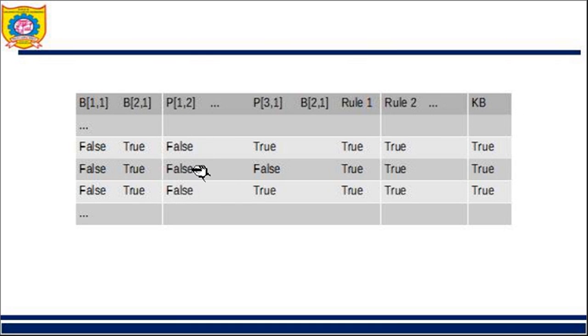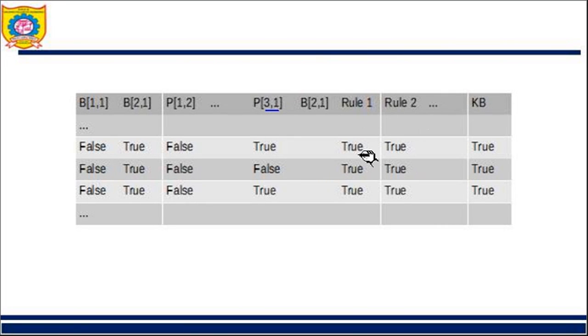So I can conclude that there is no pit in 1 2. Looking at this, I can conclude that there is no pit in 1 2. But talking about the position 3 1, here I have true, then false, then true. So using these 3 lines I cannot conclude whether there is a pit in 3 1 or not. I cannot say that there is a pit in 3 1, I cannot say that there is no pit in 3 1. So in this fashion we have to go for conclusions.